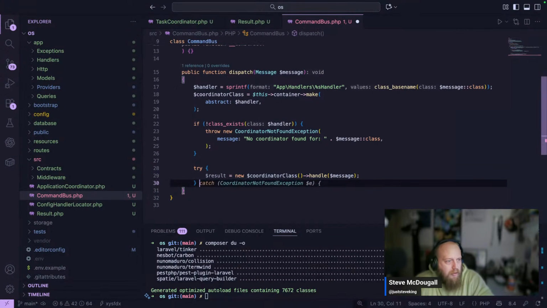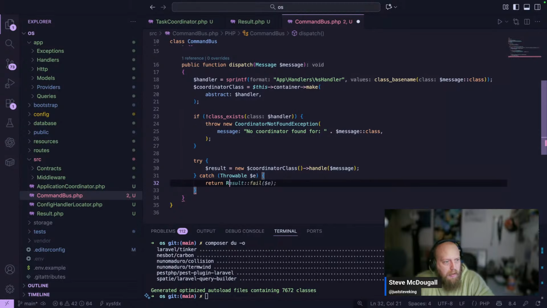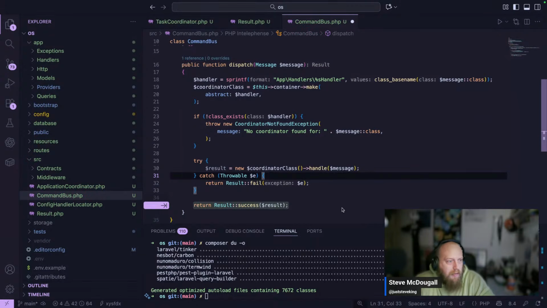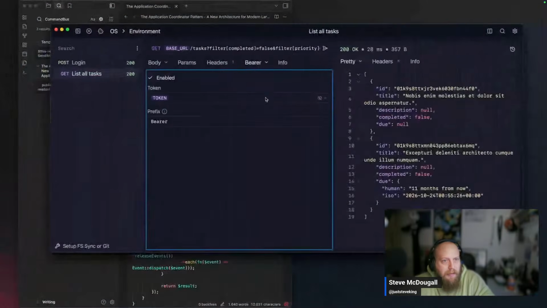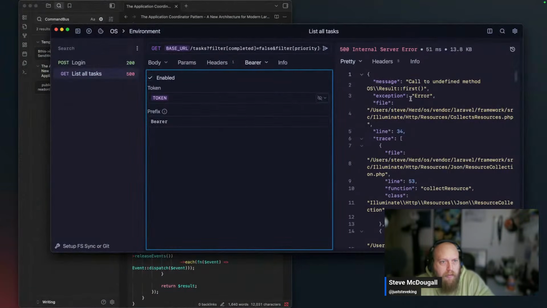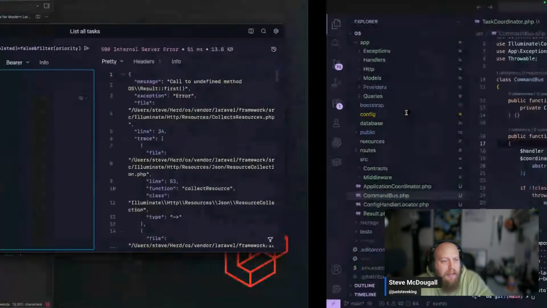And what we're going to do, we're going to catch any potential throwable results as an exception. And we're going to return a result fail using E. And then over here, we can just say that we're actually just going to return a result at that point. And yeah, result first. Where the bugger is that coming from? Okay, so